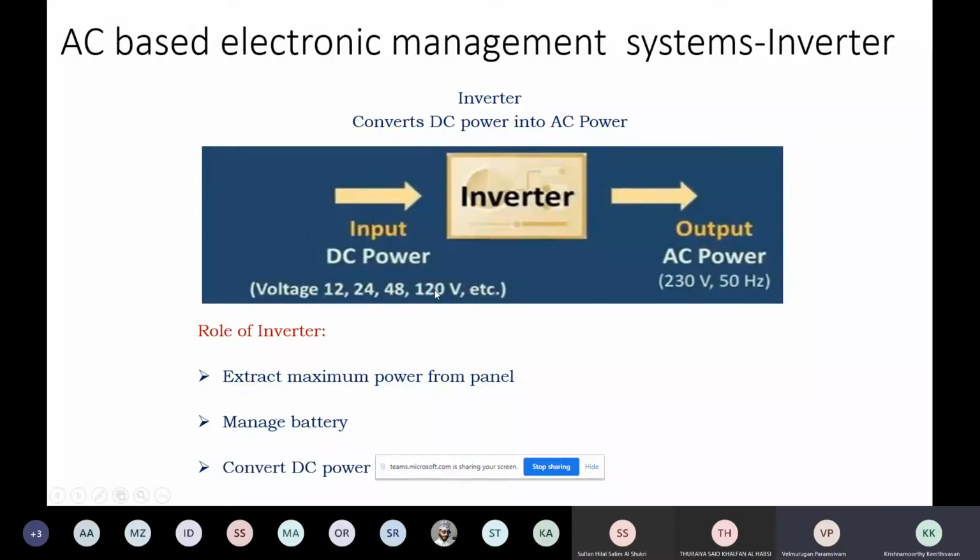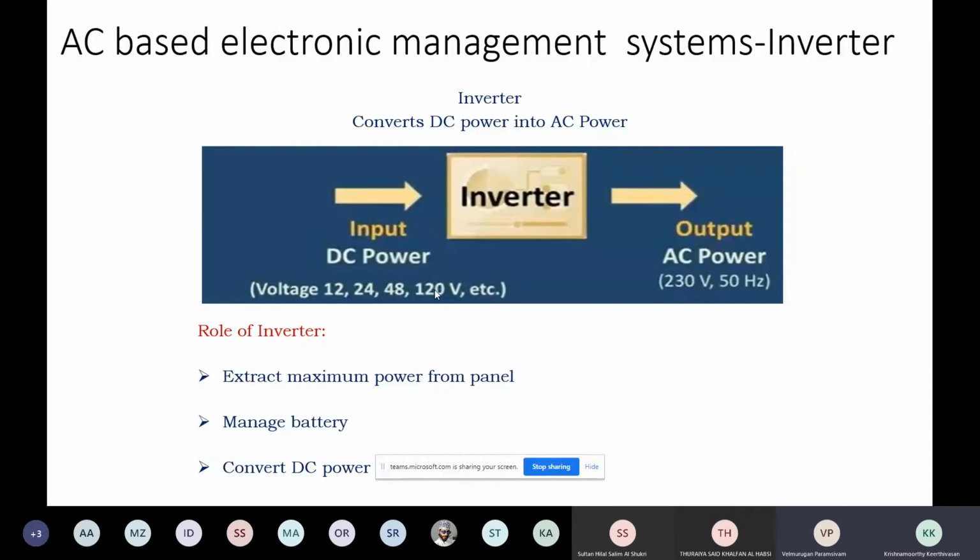So based upon your solar panel configuration, that assembly, the number of rows and number of columns, you are deciding. How many rows are connected in series decides the voltage. Say each is capable of giving 2 volts; if you connect 6 in series, it will be a 12 volt set. If you connect 12 in series, 12 by 2, 24 volts. So based upon how many rows, you will decide the voltage. According to your power requirement, you will decide the number of columns. So number of rows based on voltage, number of columns based on your power requirement.